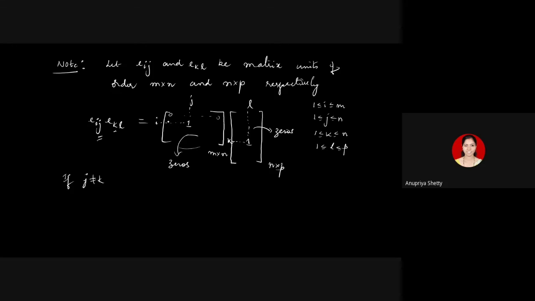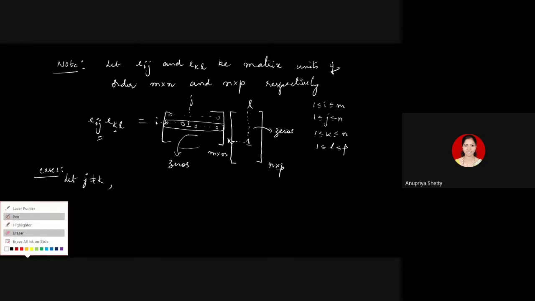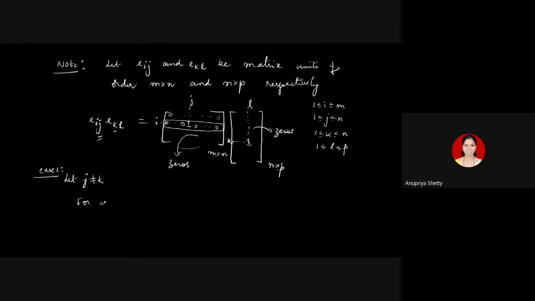But I have to take care when I deal with this ith row, because that's the only row having a 1 in it. Again, that's the only non-zero entry, rest everything is 0 there. So what happens if I take any other row of the matrix? If J is not equal to K is the case we are in now, this is case 1. I'll write: let J be not equal to K. Then I'll consider any R which is different from I.